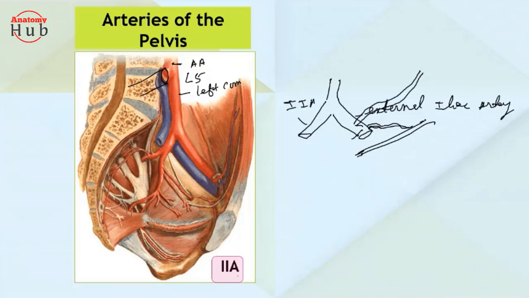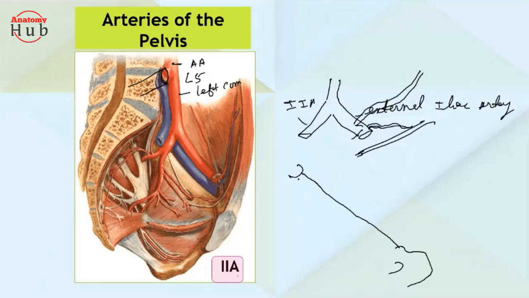So here you'll find the inguinal ligament. So where is the inguinal ligament? See, here is your ASIS, and here you'll find the pubic tubercle and the pubic crest and your pubis, right? And this is your obturator foramen, right? So the inguinal ligament attaches from the ASIS to the pubic tubercle.